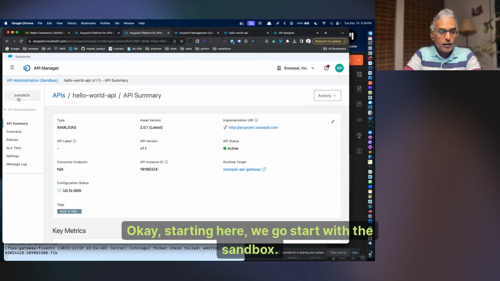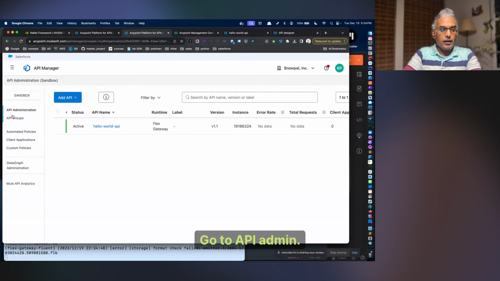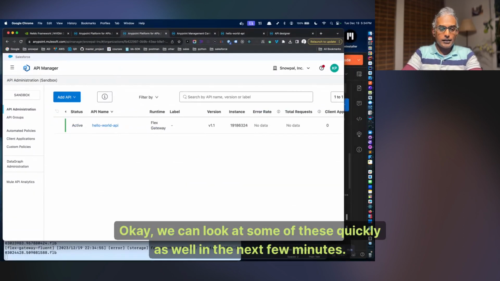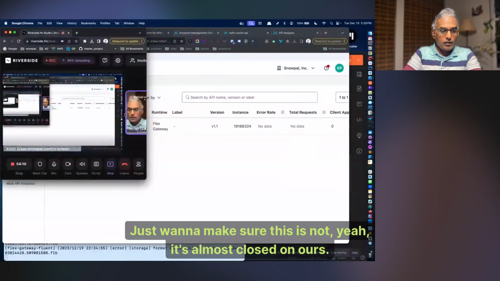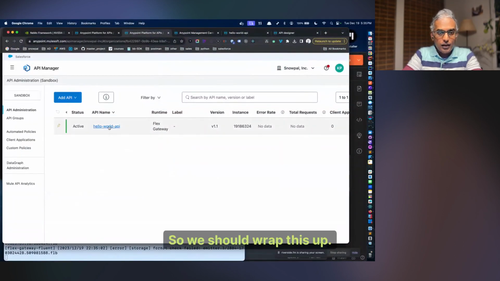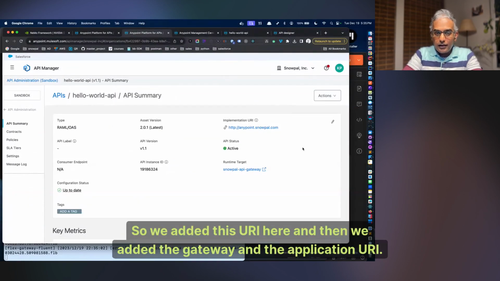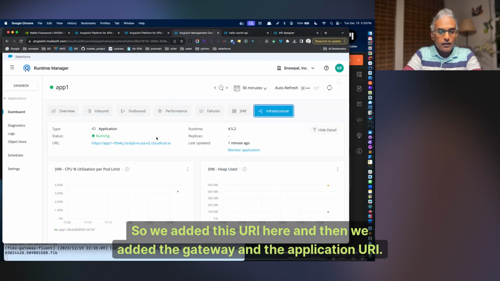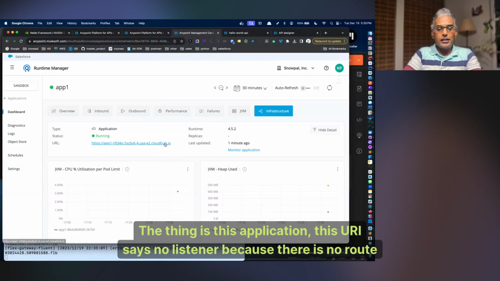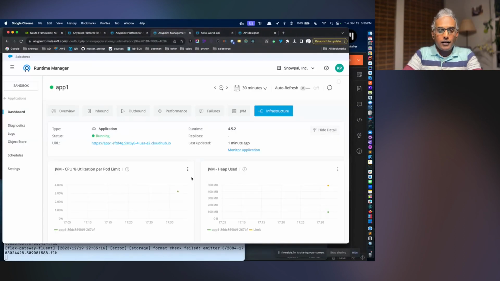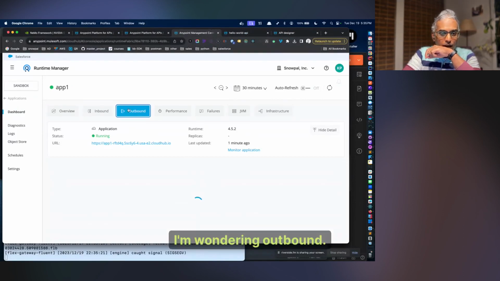Okay, starting here, we start with the sandbox. Go to API admin. Okay, we can look at some of these quickly as well in the next few minutes. Just want to make sure this is not, yeah, it's almost closed on R, so we should wrap this up. So we added this URI here, and then we added the gateway and the application URI. The thing is, this URI says no listener because there is no route defined. I'm wondering, outbound,